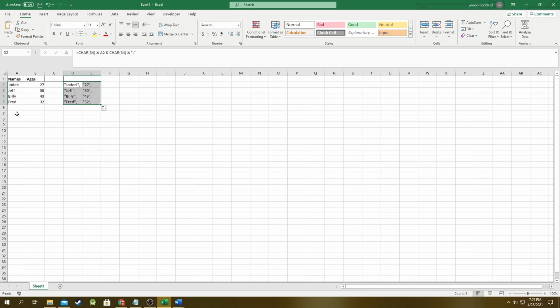So for that part is similar, but we're going to use equals followed by the concat formula. Then all we need to do is drag down on the names, close it off, click enter. Now you see that we have our list here. What we can do is just copy this,